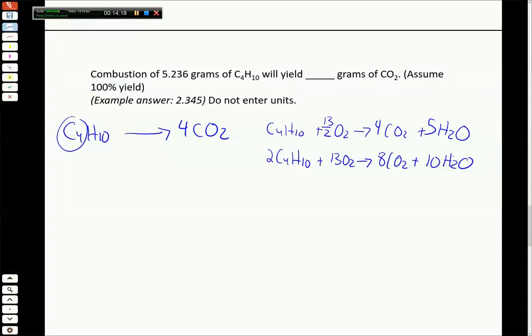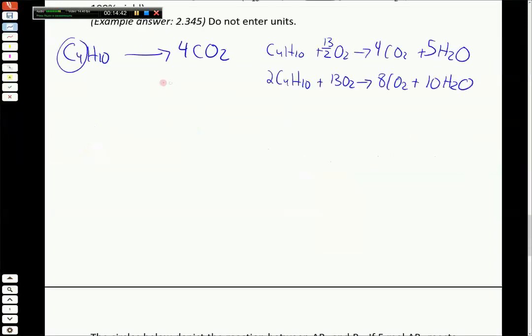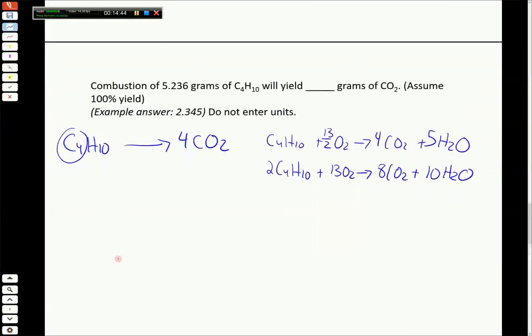So there's a lot of different ways we could do this. All that really matters for this question is that the ratio of C4H10 to CO2 is 1 to 4. 4 CO2s for every C4H10, or alternatively 8 for every 2. However you chose to write this equation, or whether you just wrote out the partial equation like I did here, as long as you know that they're a 1 to 4 ratio, that's going to be the key piece of information we need. So now we want to know if we burn 5.236 grams of this reactant, how many grams